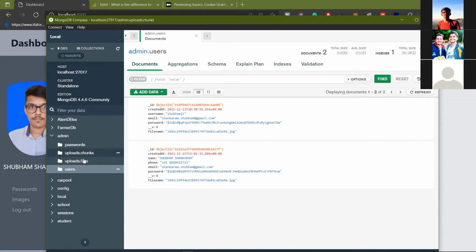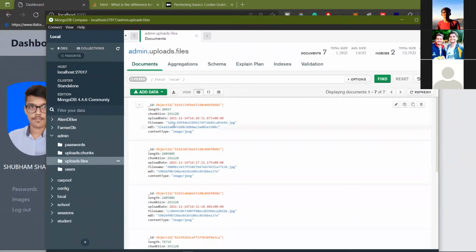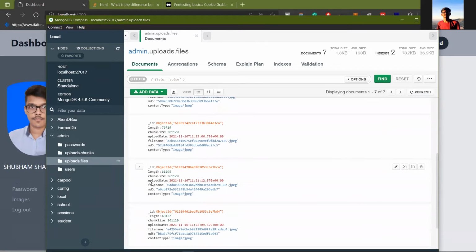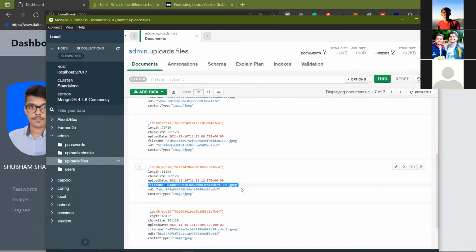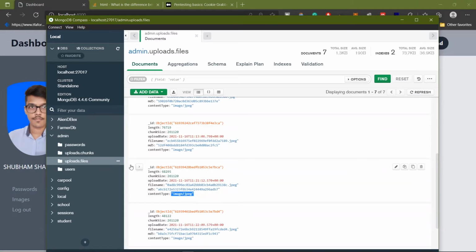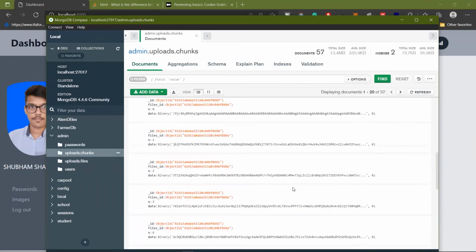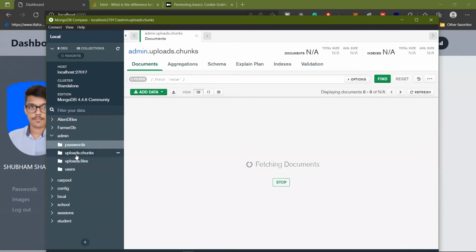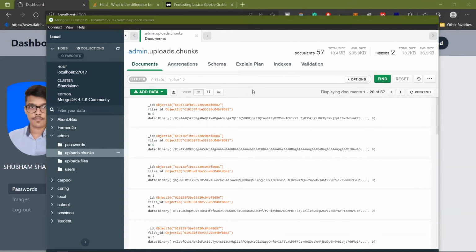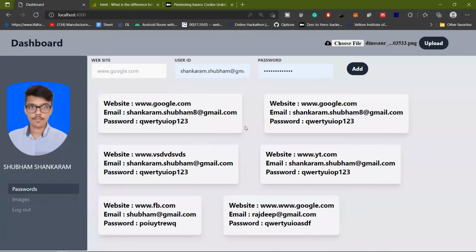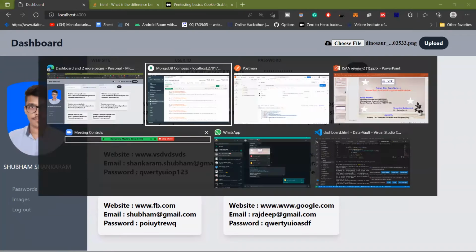In upload files, we have all the uploaded files, which has file name, its MD5, content type, and all the uploaded chunks, which is all the binary data of those files. So this is how the backend MongoDB is working.